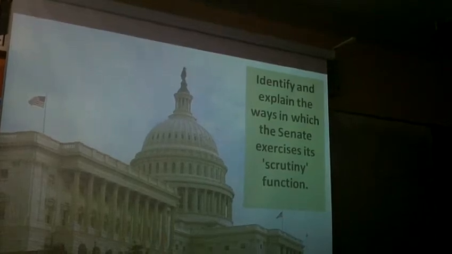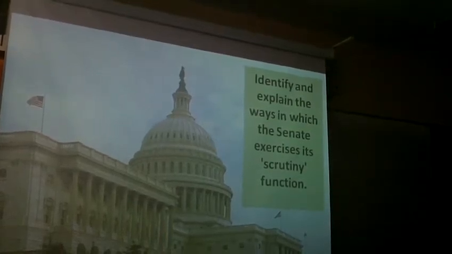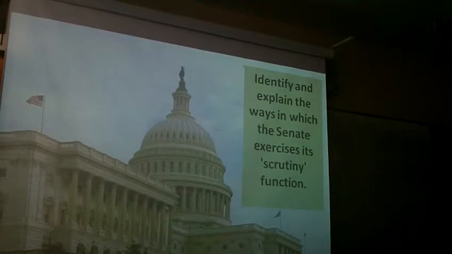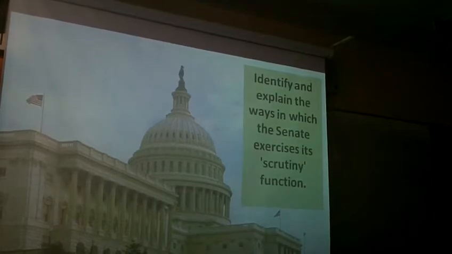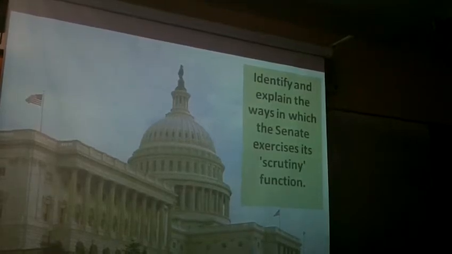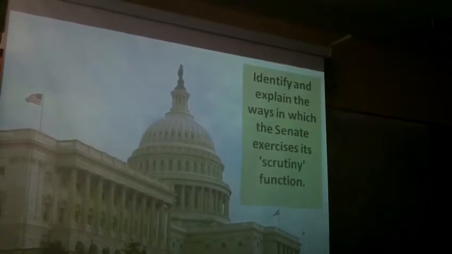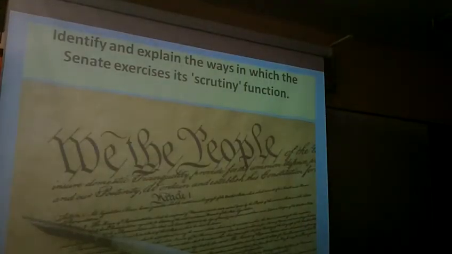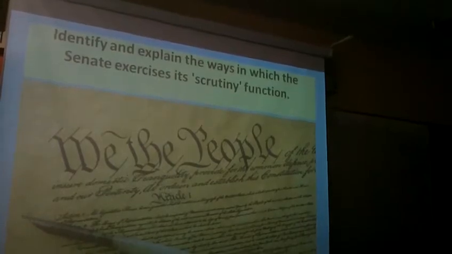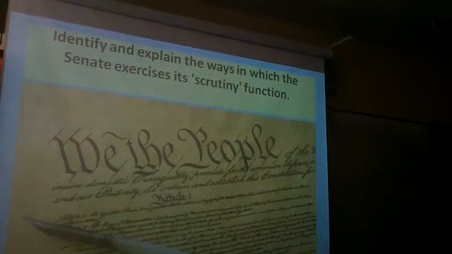Okay, this question asks, as you see on the screen, to identify and explain different ways in which the Senate exercises its scrutiny function. The United States Senate is the upper house of the US Congress. It is granted unique and exclusive powers by the US Constitution to check the powers of the other branches of federal government. The Senate, for instance, has to give its advice and consent in the appointment of all manner of